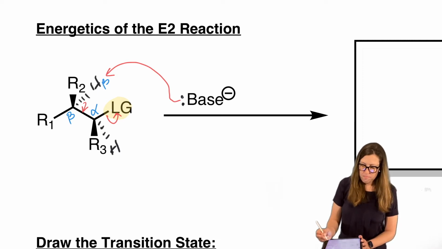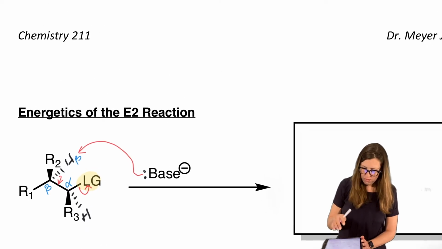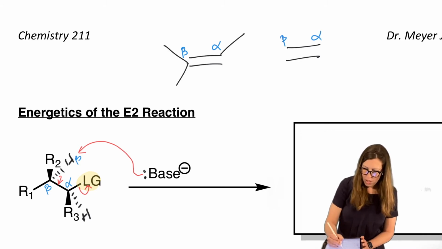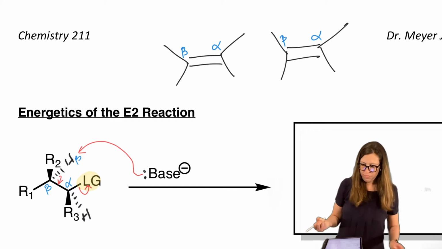Now, I don't know about you, but I see two different ways to draw the product. So before I fill in that box, here's my alpha and beta carbon with an alkene. I'm going to draw it two ways. On the beta carbon, oops, I drew it the opposite of the way it is there, so that we don't keep confusing. Let's do beta alpha and beta alpha. Now let's fill in what's on the possible product alkene after elimination.